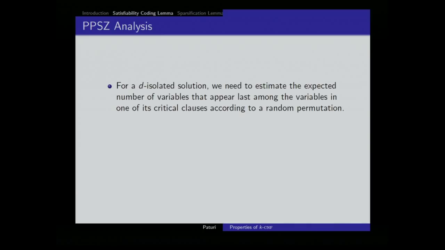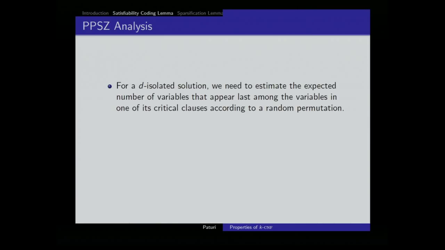So that requires a particular technique, and we introduce the notion of a critical clause tree to keep track of the critical clauses we produce through resolution. Actually, not all of them; we keep track of a subset of them. That critical clause tree is quite helpful in tracking the probability of forcing, and that's how we get the result for the de-isolated case. So that's the first set of difficulties.